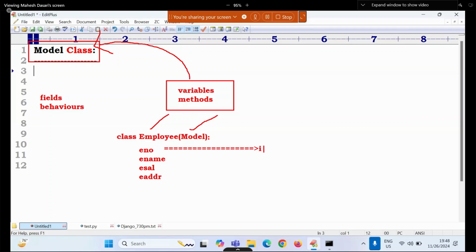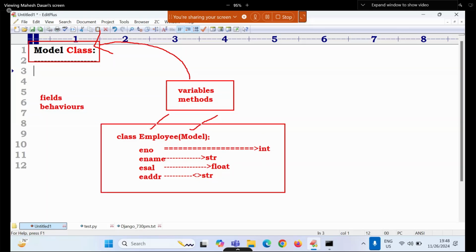What is the type? Generally in Python, the number is integer type, the name is str type, salary is float type, and address is string type. Those are the Python data types. Django is also the same, but there are different ways: CharField, FloatField, IntegerField, like that are available. So it is just like one Python class,